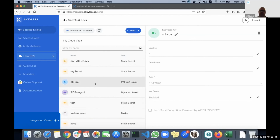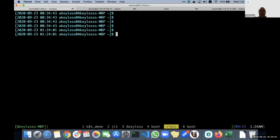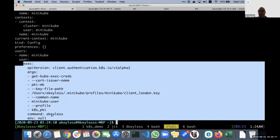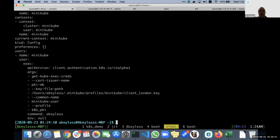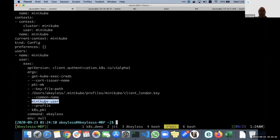And what's interesting about that is that I can combine authentication methods that are more typical for humans, such as SAML. So we are using Okta as an identity provider. And this is the Okta login that I'm using. And I configure it on my own laptop here. And all I have to do is just to modify a bit the kubectl config or kubeconfig. And it's very similar to what AWS is doing, basically executing a command prior to running the kubectl. And this particular command is using Akeyless CLI to sign the certificate. This is a cert issuer name that I showed you, PKIMK, and the path of the key that I want to sign, and the name of the user, and other parameters. And what I need to do is just run kubectl get pod,